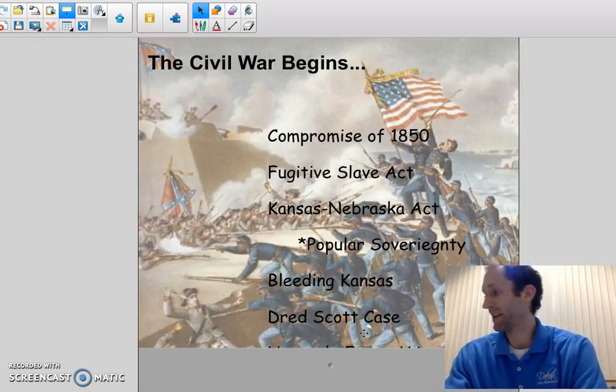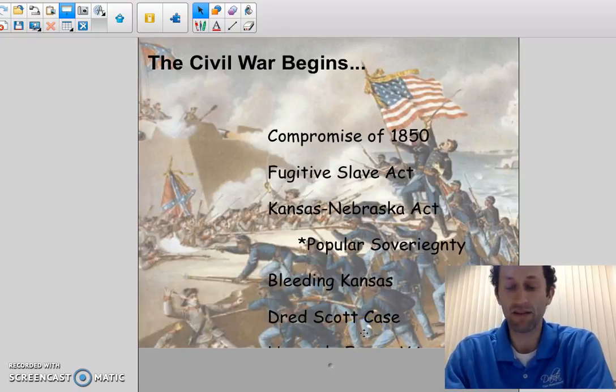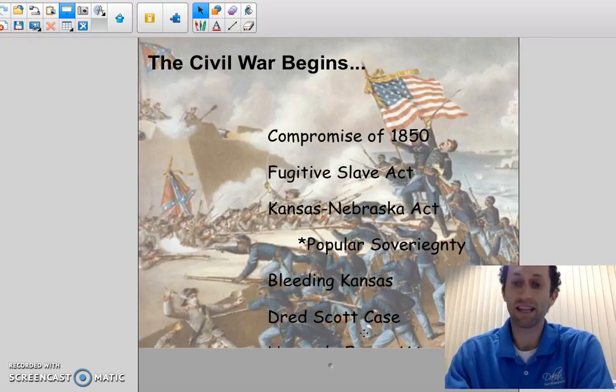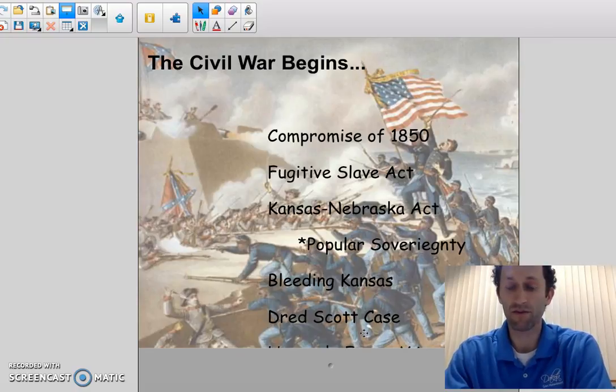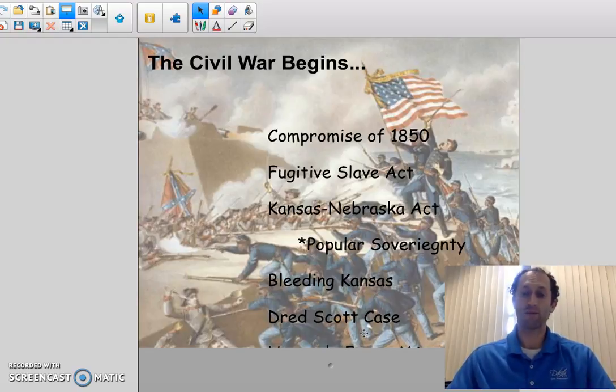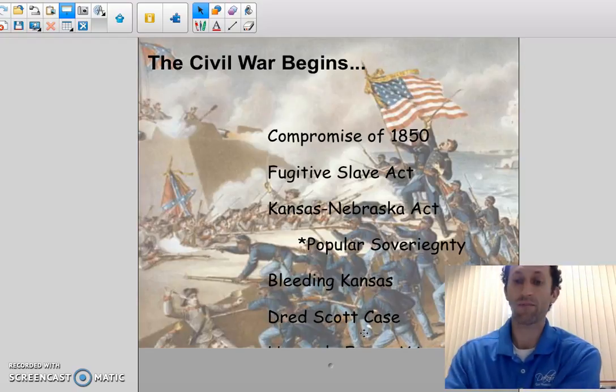We had the Dred Scott case. That happened in 1857. Remember, Dred Scott was a slave. He moved to Illinois and Wisconsin, and he figured he could sue for his freedom after his owner's death. There were 4 main things that were determined in that case. Don't forget them. They're very important.